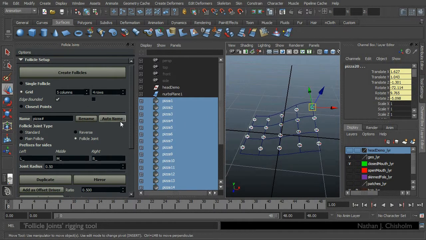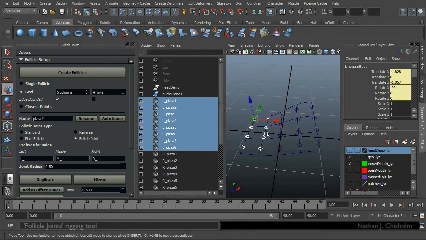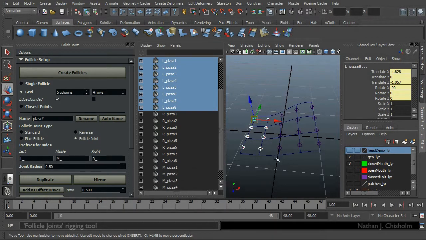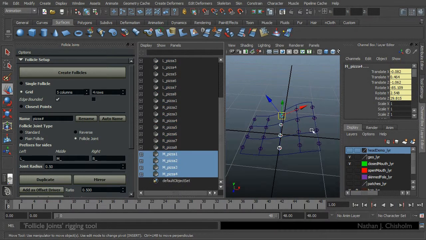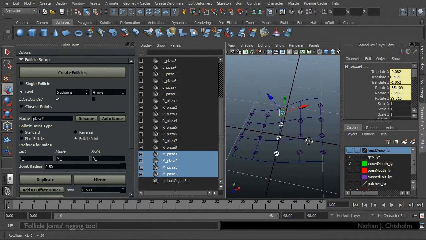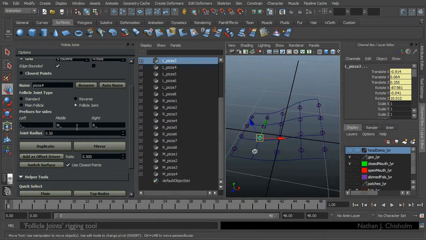Right, so for auto name, this uses that name but also adds left and right based on where it sits on the surface UVs. The U value of 0.5 is aligned down there, left is that side, right is the other side, and middle is within a small margin of the centre. You can change the left and right names. It's fairly self-explanatory. They don't have to have the same number of letters as each other.